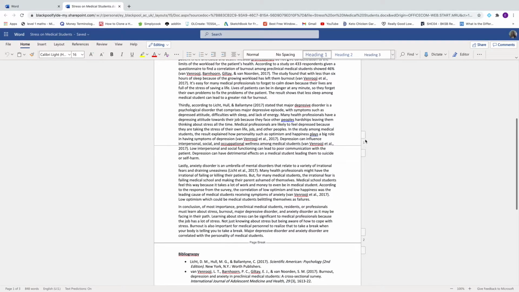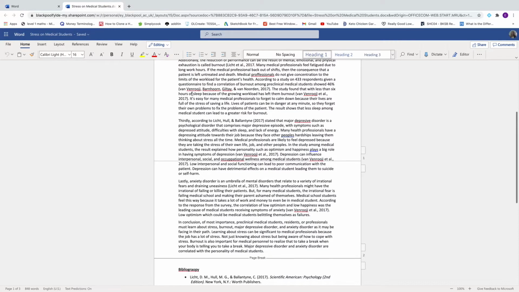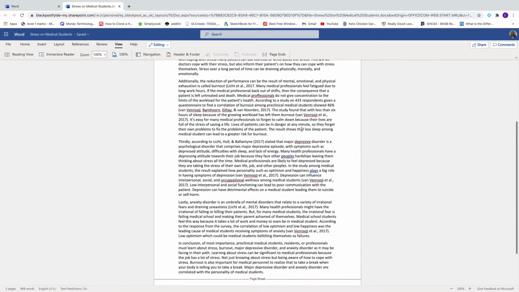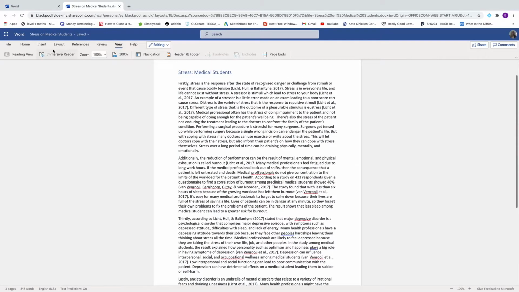This is where you have here the number 1, that's the end of page 1, and then there's the end of page 2 there. And if you don't like that, if I just go to view and I take off the page ends, and then they disappear, then that's a bit better. So I want you to take a look at the